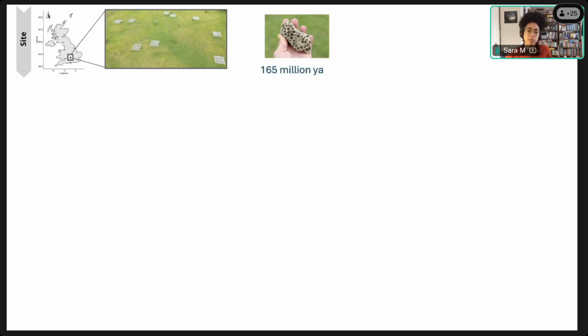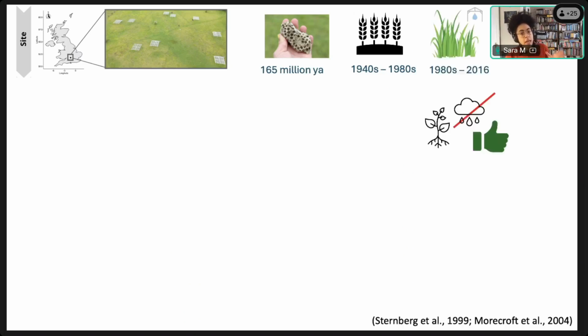And if you were there 160 million years ago, it'd be much toastier and warmer because it was a shallow tropical sea and it's full of corals. And this site is littered with a lot of these stones. And between the 1940s and 1980s, a lot of the land was converted to arable crops, and that was abandoned because it wasn't very successful. And then it was allowed to recover naturally